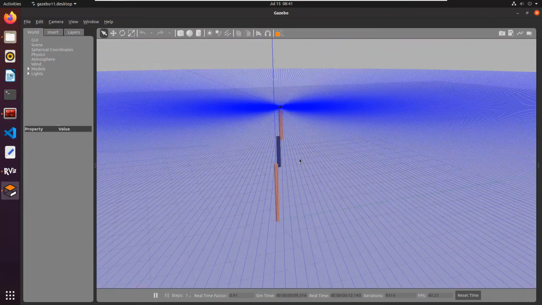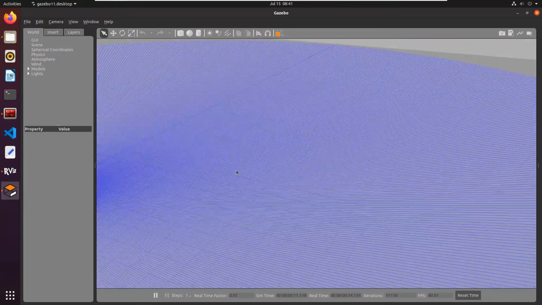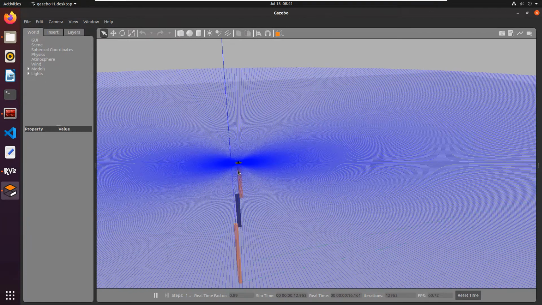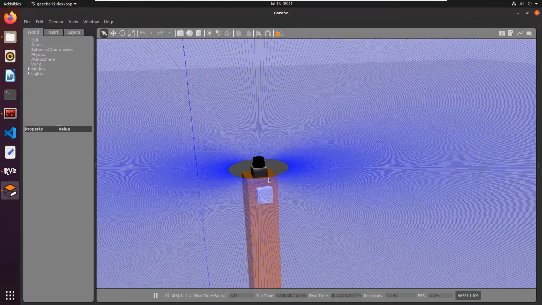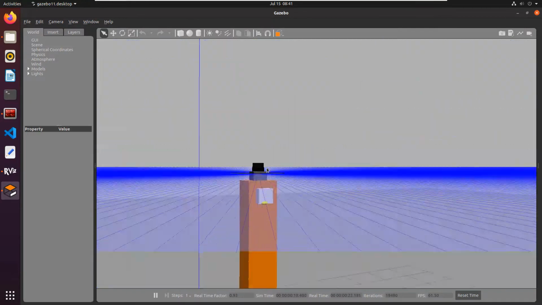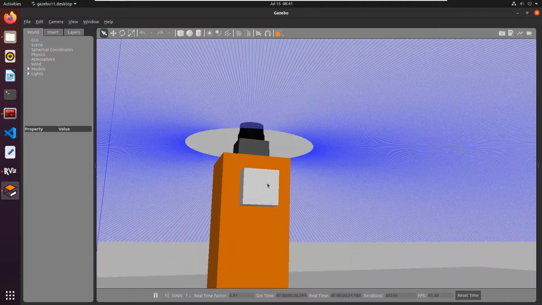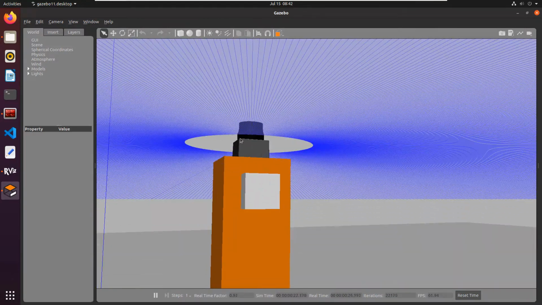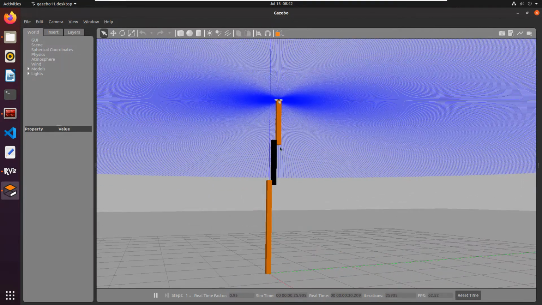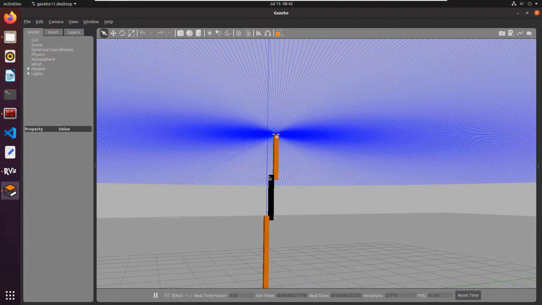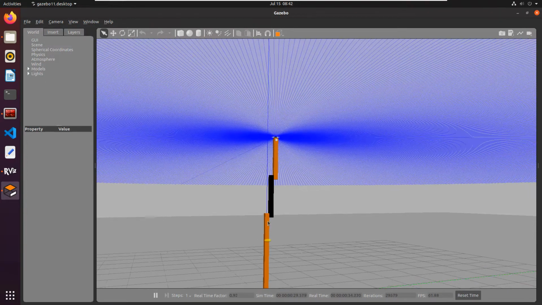It is a two-DOF arm which has a laser mounted on the end effector. End effector means the gripper part of the arm, and there is a box here, right? This is actually a link, and this laser is also a link. So how many links are there? 1, 2, 3, 4, 5 links. And how many joints? There are